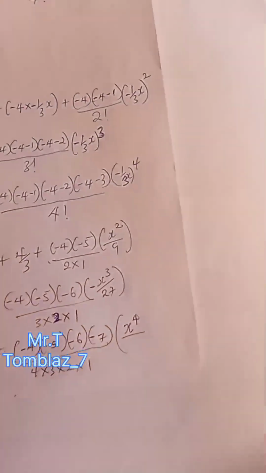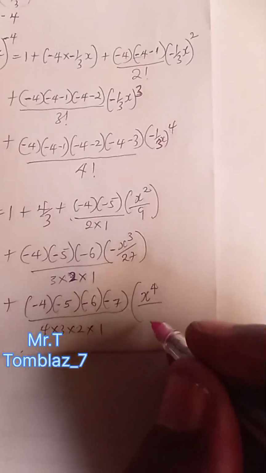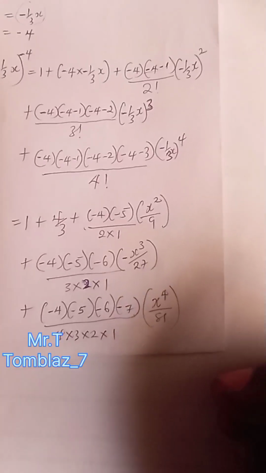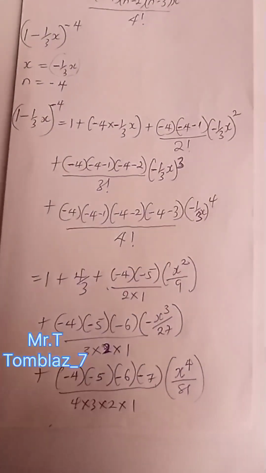27 times 3 is going to give you 81, right? Okay, so let's see how we'll proceed from here. So let's continue here. We'll be having equal to 1 plus 4x all over 3, then plus,